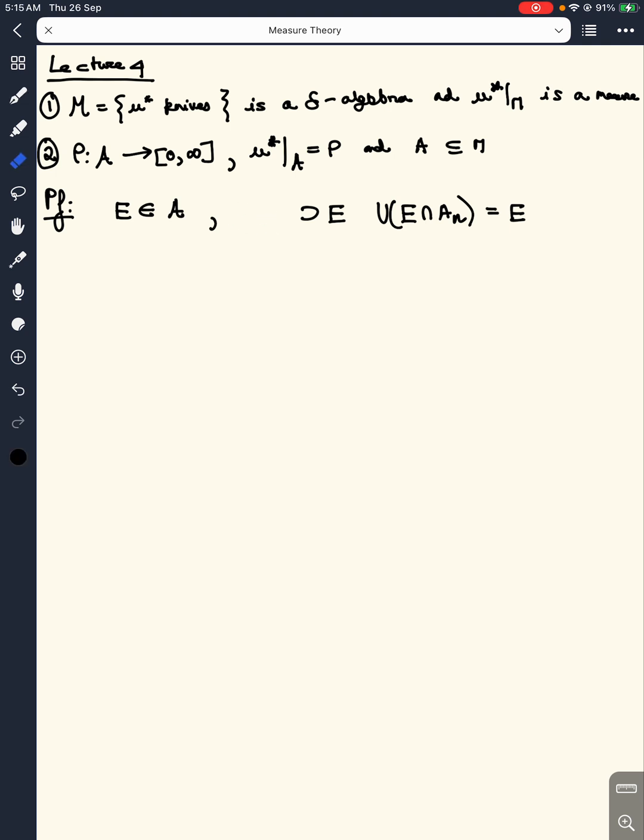So take the A_n's and disjointify them first. Upon disjointifying, the elements still remain in the algebra because it is closed under complements and finite intersections. Then rho of the disjoint union of E intersection A_n, which is equal to rho of E,